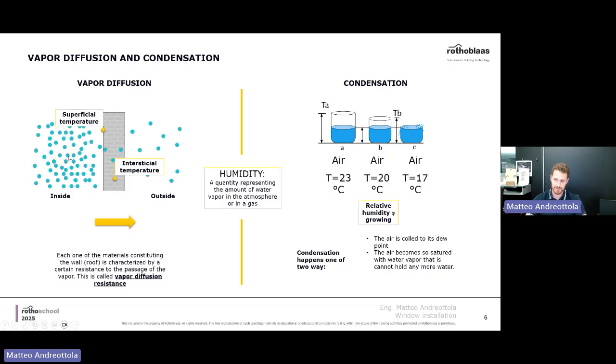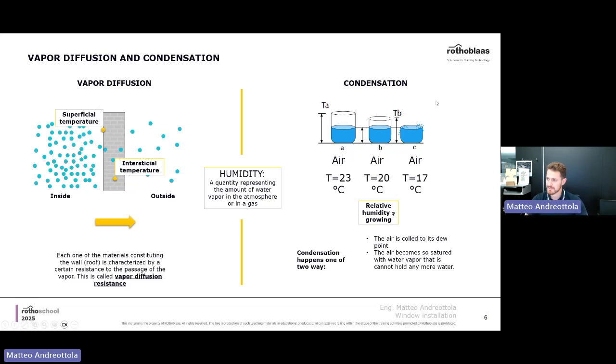So as nature always tends to equilibrium, all the vapor molecules on the inside would tend to escape to go outside. And this is a good thing by itself. It's not a bad thing that the vapor molecules are getting out of your building. The only thing is that while they do that, you have a potential condensation risk inside the buildup of your house. So this is why, in the first place, you have to design the buildups so that you are not risking too much this condensation risk.